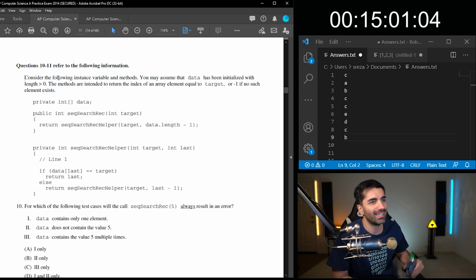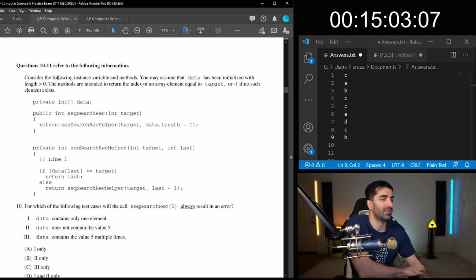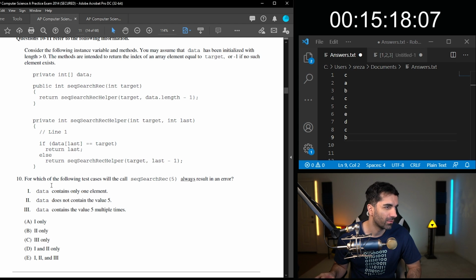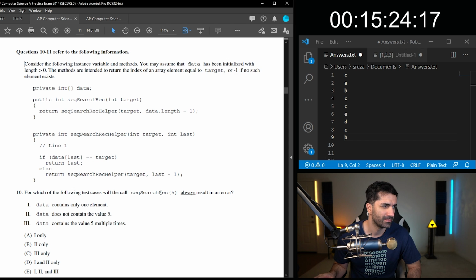Consider the following instance variable and methods. You may assume that data has been initialized with length greater than 0.